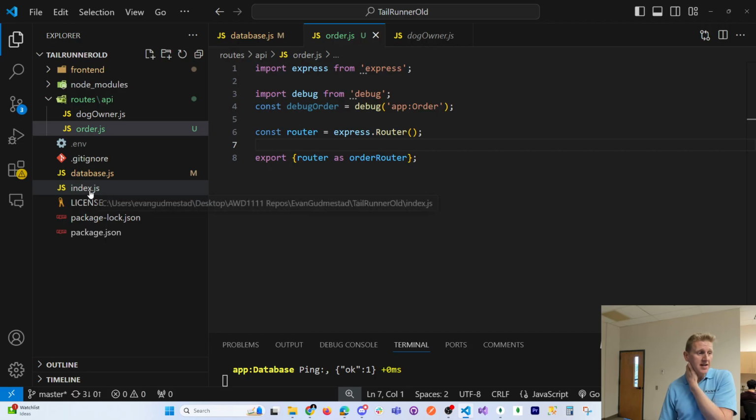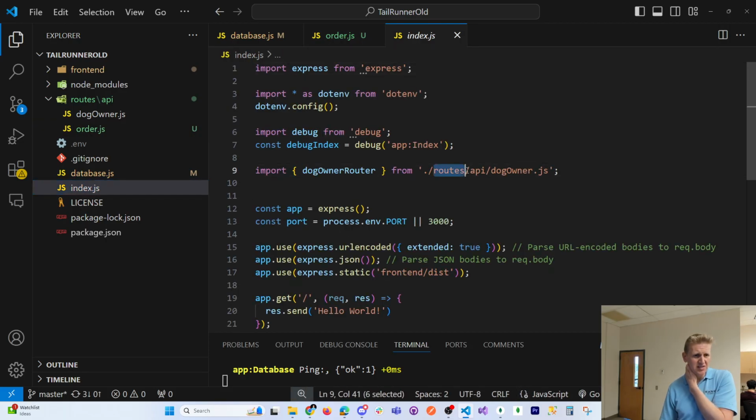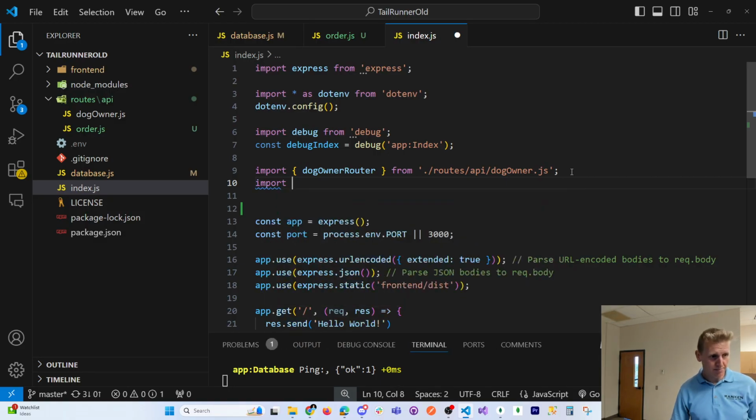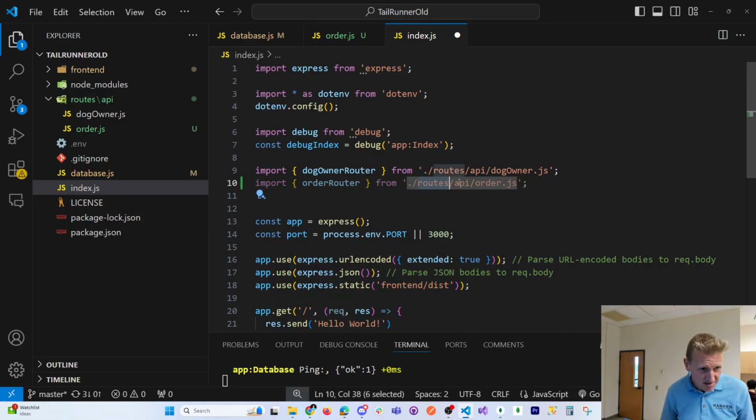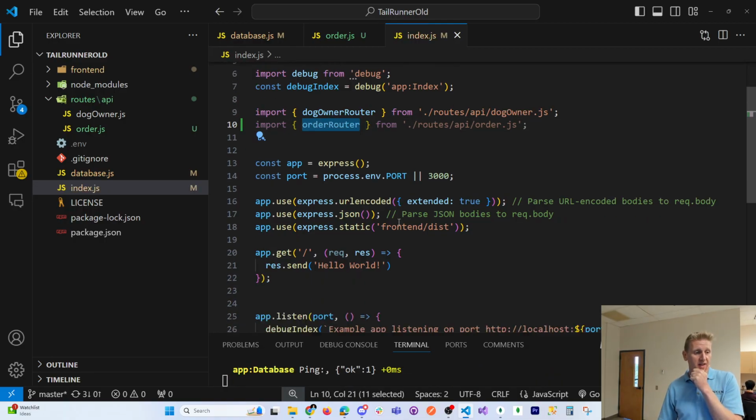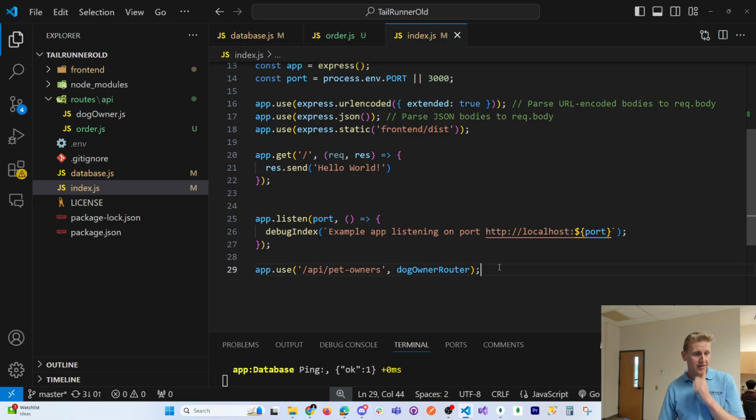And then in my index.js, just as I did here, I need to import that router. Import order router. Let's see that my routes API order.js. That looks good. And then, just as I did down here,